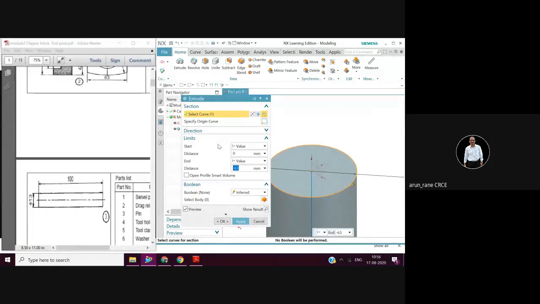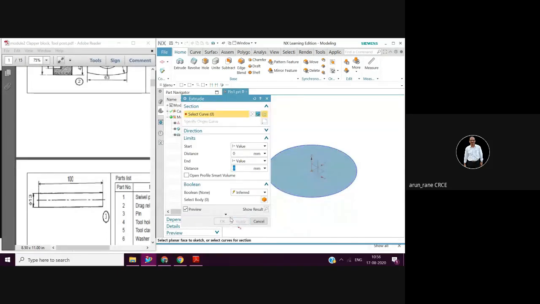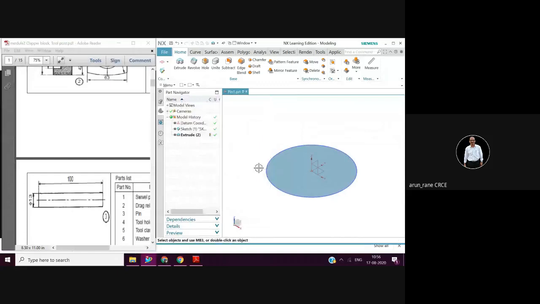So here first is select the curve. Now these are the buffer values which are already there, from the previous drawing. So I'll make it 0. Again, I will escape out. Right.